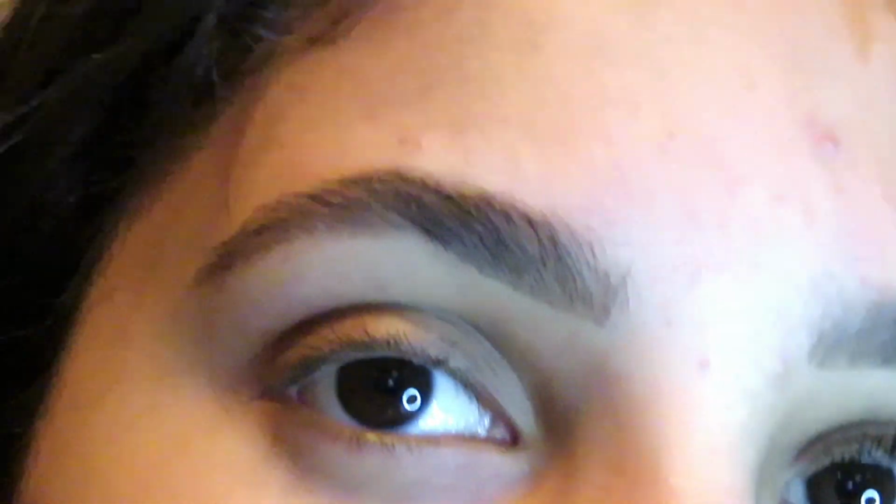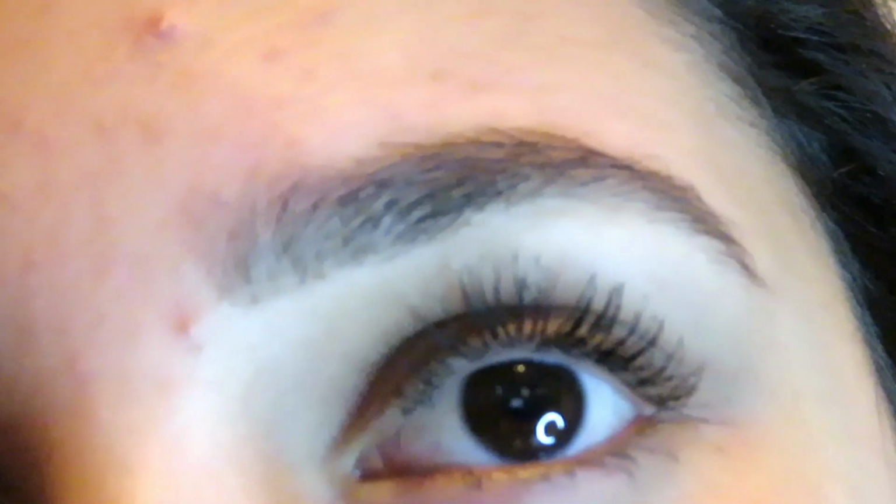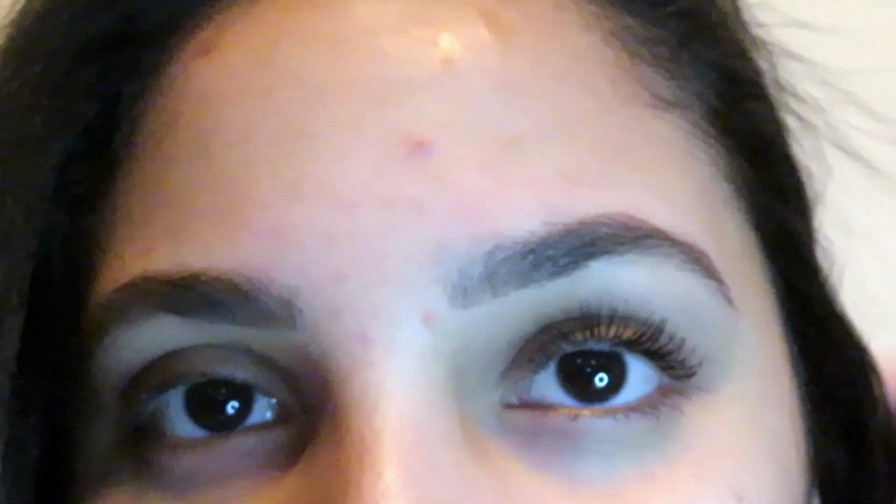Okay, so now that you have your first coat, you kind of want to let it be for a couple of seconds. So just take a look at the difference already. This eye is not curled, not even done with one coat yet, and compared to this lash. Okay, so now let that cool for a little bit. You can also try doing your first coat with the fan blowing, but it's fine if you don't. I'm not doing that. But now I'm gonna go in with another coat,